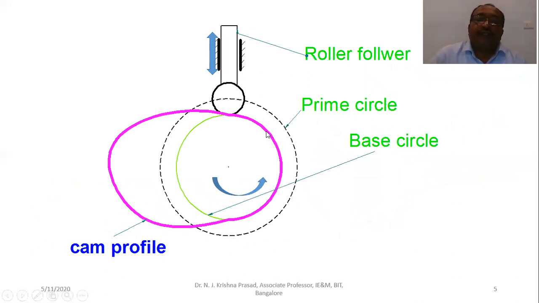And after this, you draw the cam profile. We are going to draw the cam profile as per the requirement. In case of opening and closing the valve of an IC engine, some profile is required. In case of a paper cutting machine, some other type of profile is required. In case of the parts used in the textile industries, the cam profile has different sizes. Just draw any profile as mentioned here.